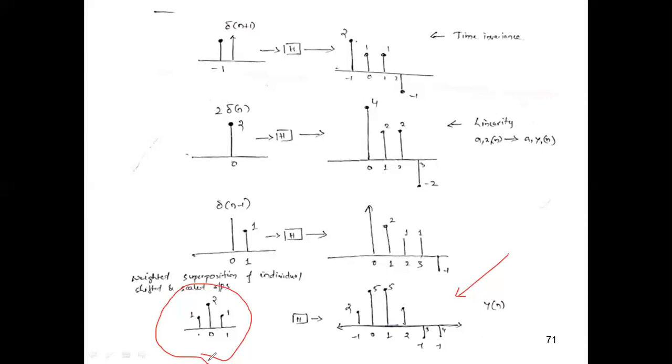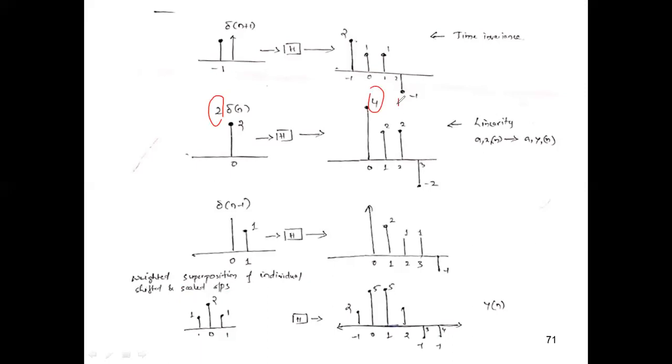And what was the one thing that I knew? I only knew the impulse response, and I could get this particular output. Are you convinced here? By the way, what did we use? We used the fact that the system is time invariant, and also the fact that the system is linear. Time invariance was used here to shift the impulse response to the left side and to the right side. Then linearity was used in two places: A1 x1 of n giving you A1 y1 of n, and then A1 x1 of n plus A2 x2 of n plus A3 x3 of n.